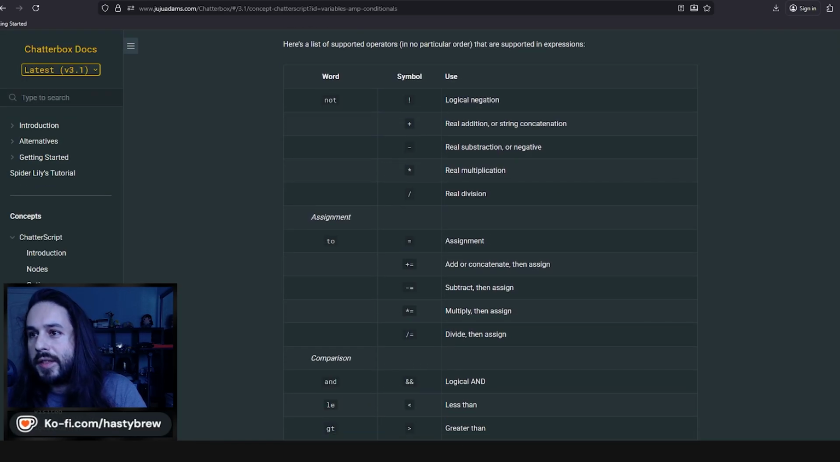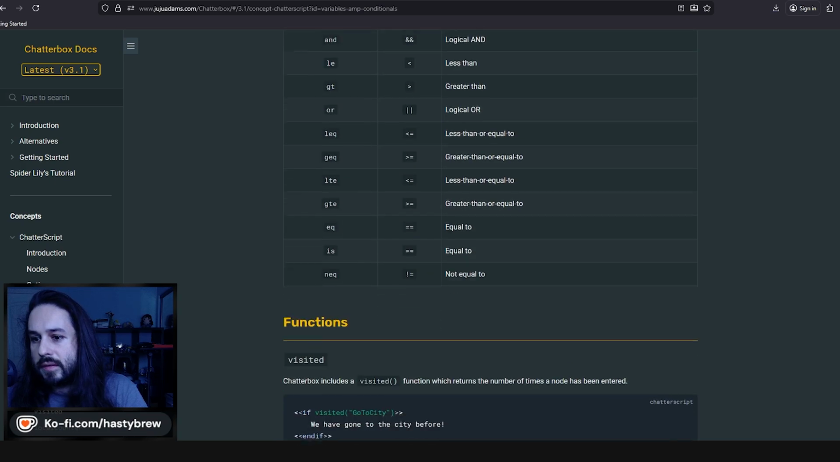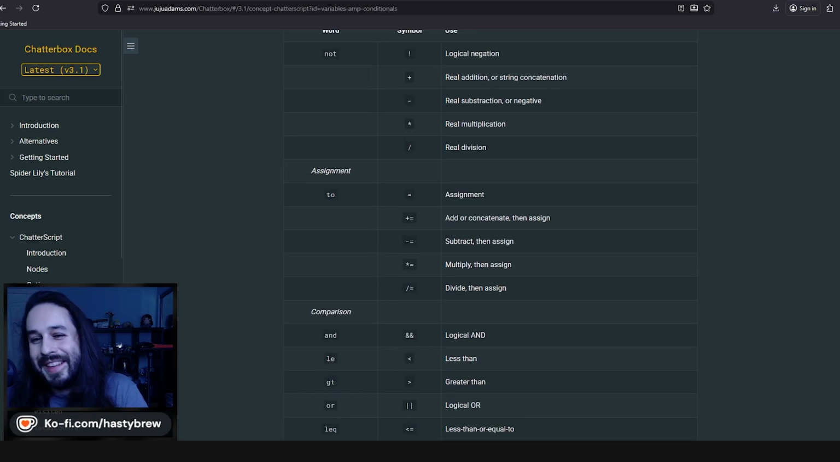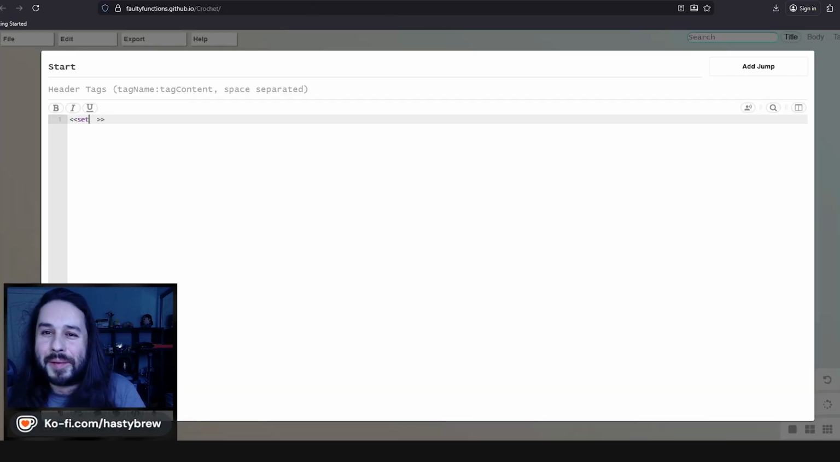Okay, yeah, list of supported operators. Well, that's not right, but you could find it somewhere in here. Yeah, so the first thing we have